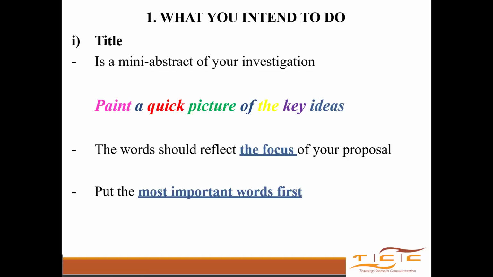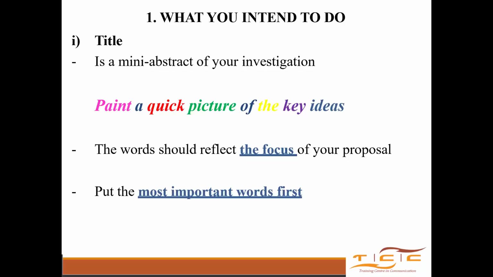If it's about the growth performance of a specific fish, you don't want to start by writing so many other things and then you put growth performance towards the end. When I'm reading your title, I will misjudge the focus of your research. Okay, so let's say you are talking about growth performance, but then you are also talking about water quality aspects. But the main thing is, I want to see how then water quality influences growth of a certain fish. Then I want to know: are you focusing on water quality and how it influences growth, or are you talking about growth but trying to link it to water quality aspects?